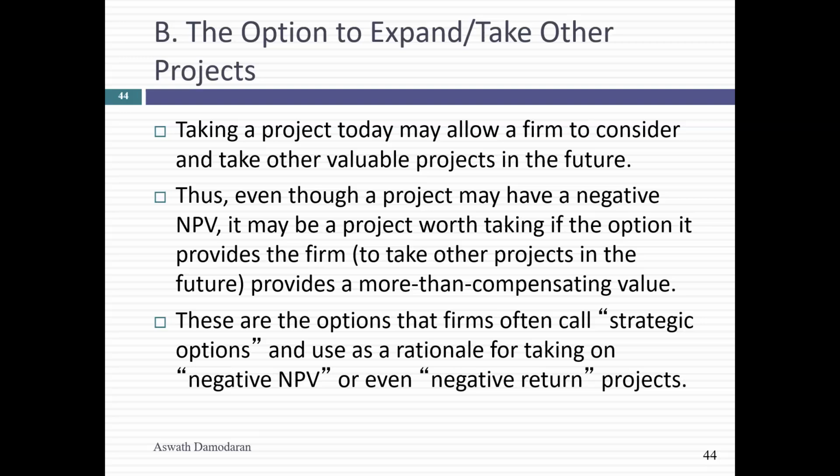Let's talk about the option to expand. And this is where I think things get interesting, because here's how the option to expand goes. I come to you with a project. And I tell you up front, look, this is a terrible project, negative net present value project. And just as you get ready to shut it down, I say, but it could give you the rights to a second project, which could potentially be lucrative. And you say, what does that mean? Potentially lucrative. Right now, it looks bad too. So essentially, you're taking a bad project for the rights to an even worse project down the road. The first project is not an option. You're going to take it.